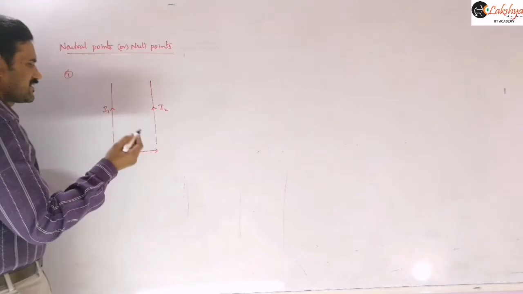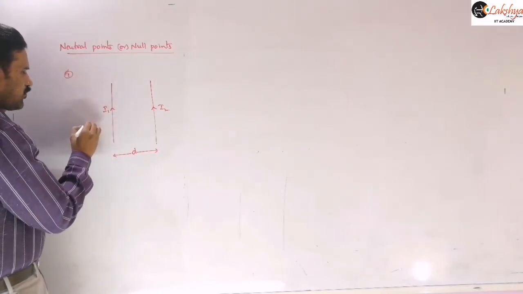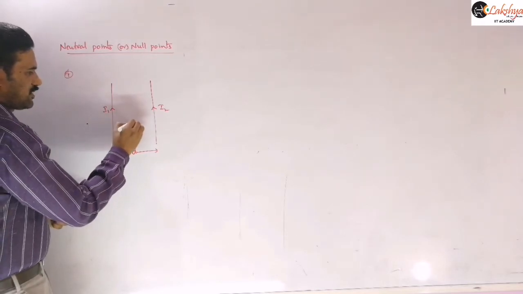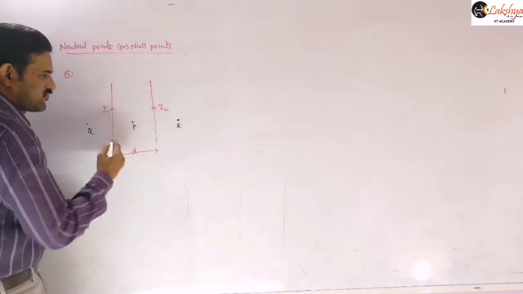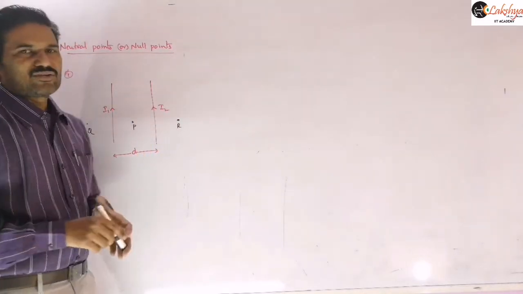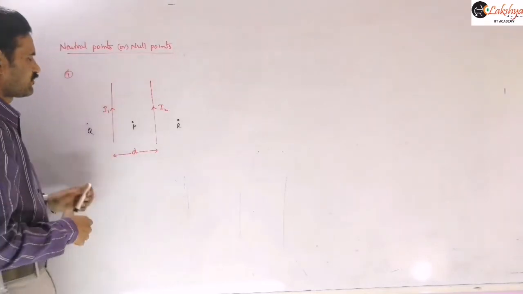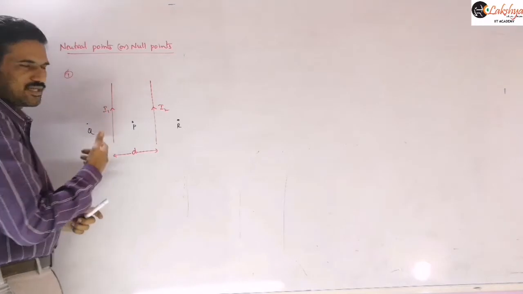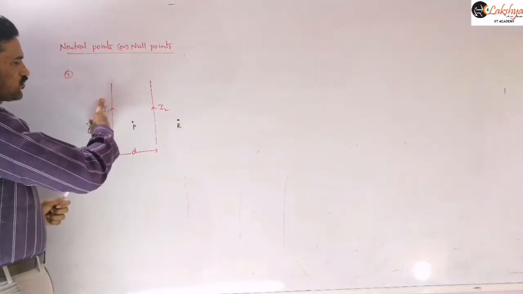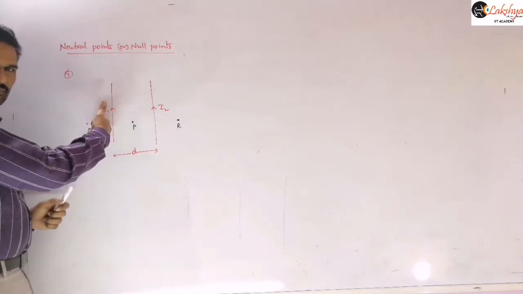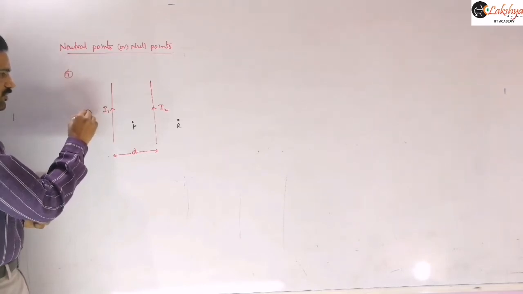Let us take some different points. Suppose I am taking one point P, this is say Q, and this is a point R. We are taking three different points, and at those points let us identify the field directions due to each conductor. This is the first conductor with field B1, and this is B2. The magnetic field due to this conductor at this point will be out of the plane, right? So at this point the B1 direction will be out of the plane.